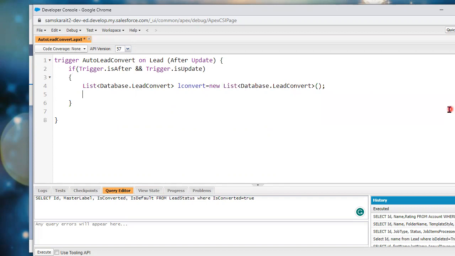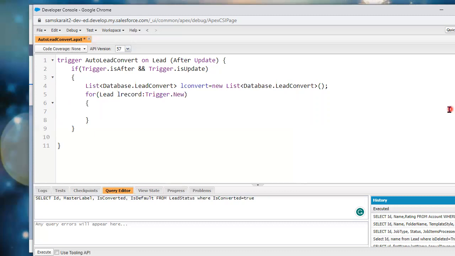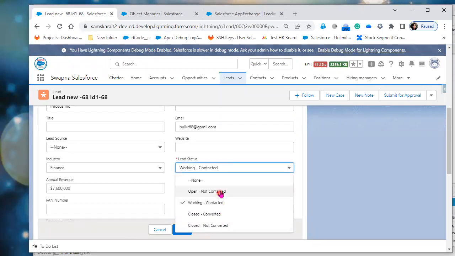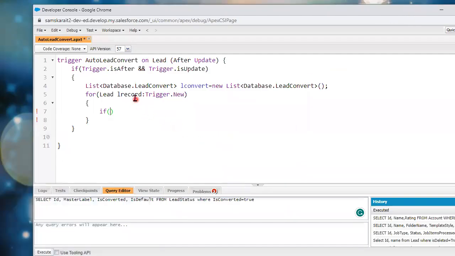I'm initializing it here. Now I'll loop through each record: Lead lRecord : Trigger.new. I'm passing the latest data. The first thing I need to cross verify in the conditions is whether the lead has changed the status. The first thing I need to check is whether the lead status is Closed - Converted. For that I'll use lRecord.Status equal to